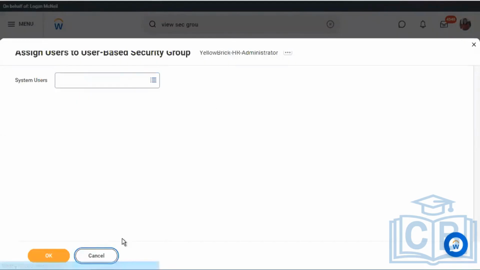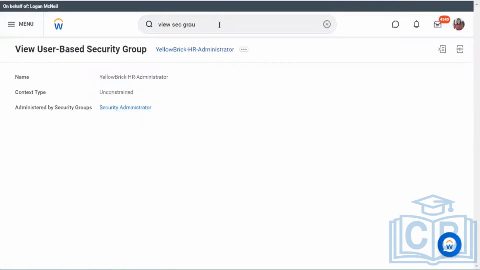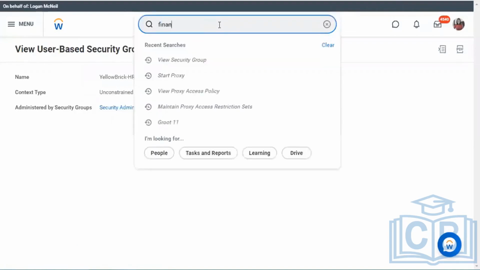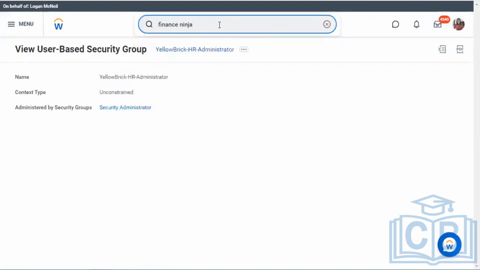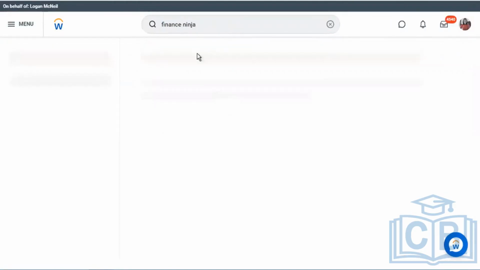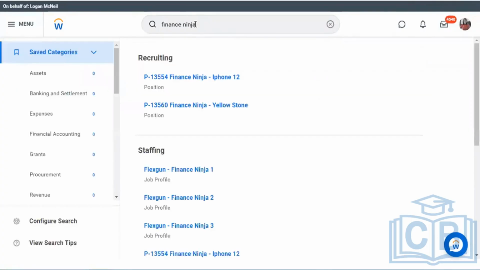If the account is not created, then you won't be able to add them. No, I have created that. Is the spelling correct? Yes, it's correct. But these are not employees.